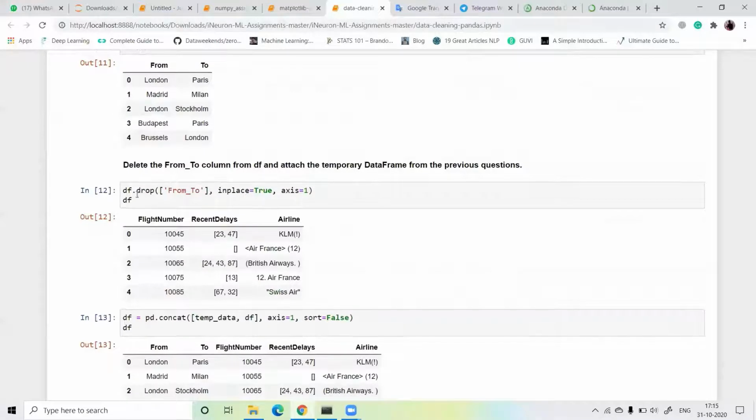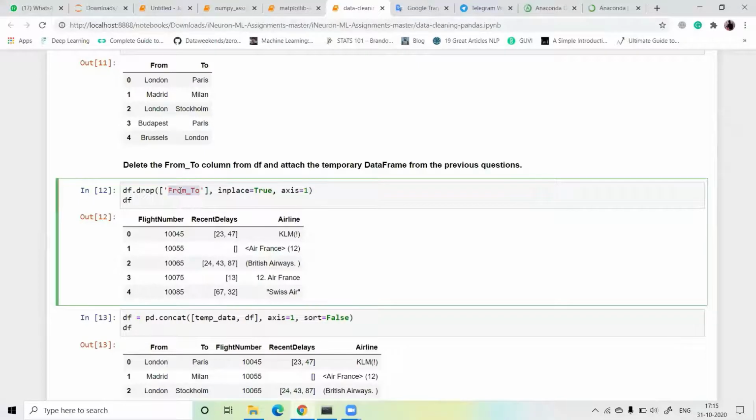So I just write df dot drop, I use a drop function, and then write from to column, inplace is equal to true and axis is equal to 1. Axis is equal to 1 means it deletes the column, okay. Next, see our output, our from to columns are deleted, guys. Only flight number, recent delay and airlines columns are available.